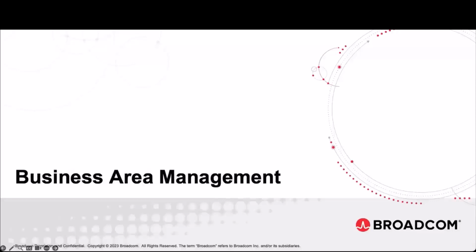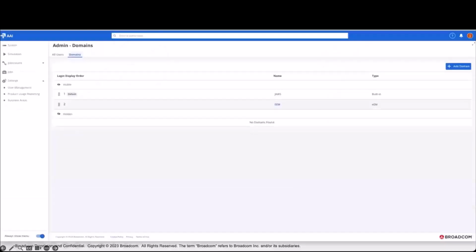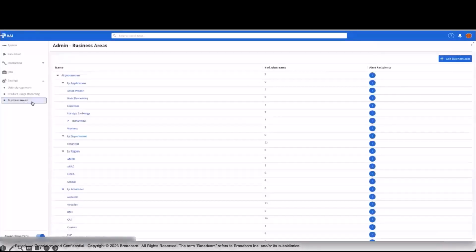The next area to touch on is business area management and how we achieve that within the AAI Web UI. Again, within the settings panel, to the left-hand side of the AAI tool, we have a business areas selection here. When you enter into the business areas selection, then you will see your list of predefined business areas to the